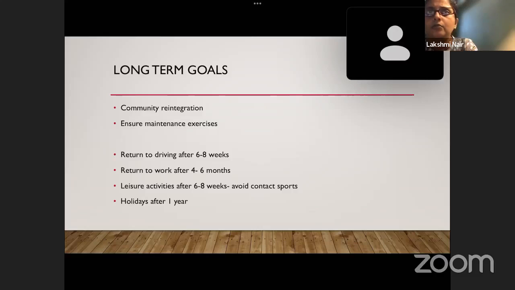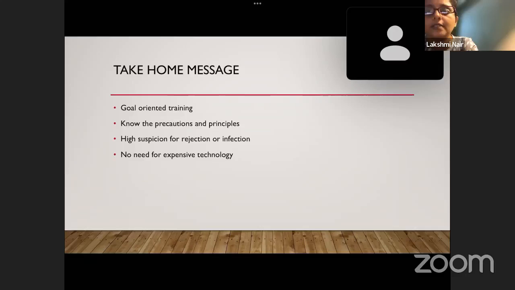And another most important thing is the 3 most important muscles needed for standing, as you know: the hip extensor, hip abductor, and knee extensor. When you do the lower limb strengthening, concentrate on these 3 groups, and the ankle plantar flexors will help with the push-off phase. So if you are making them walk, that will help. So these 4 main groups of muscles you can concentrate on. Upper limb will help with endurance.